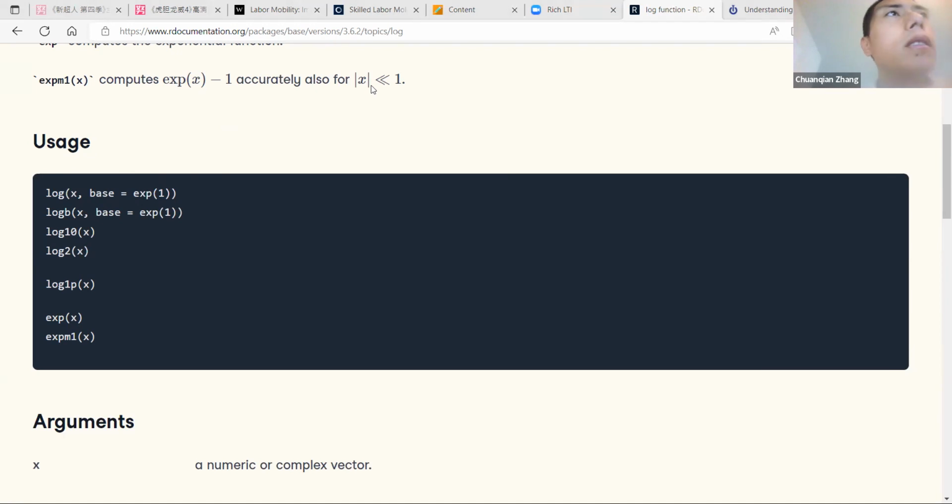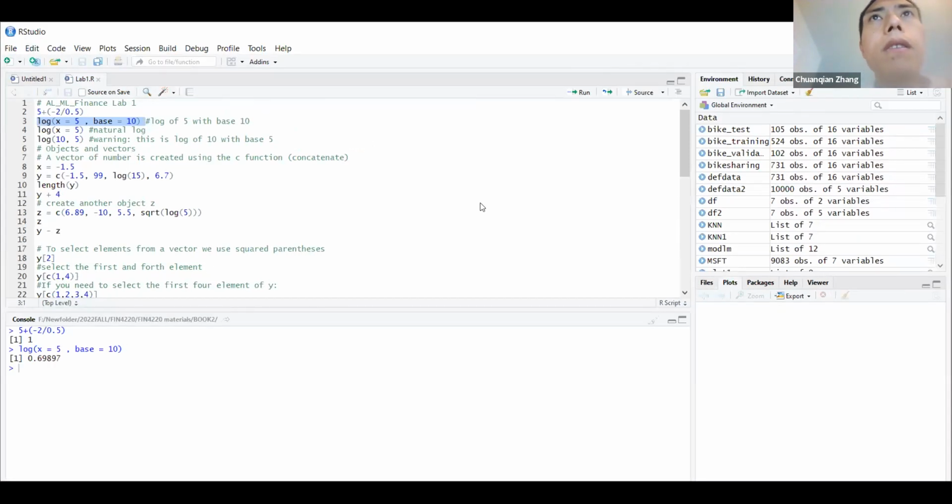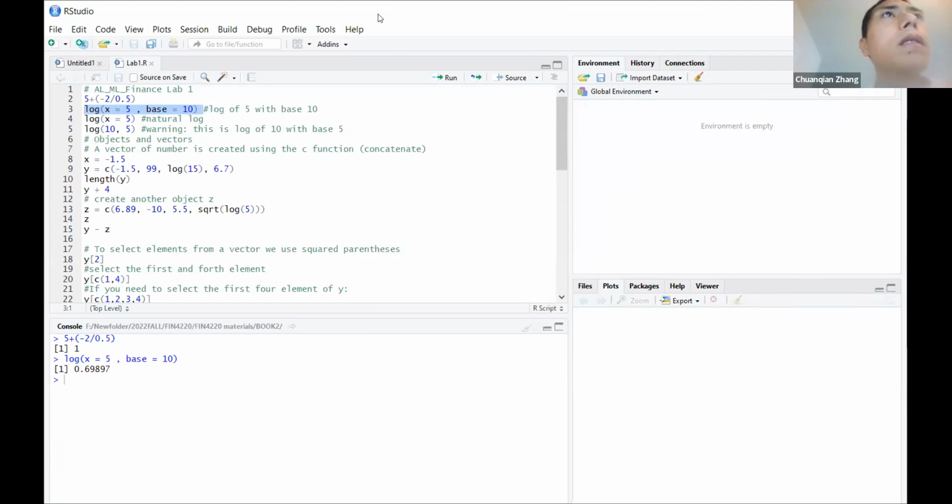And of course you can run this, and it is easy and gives you results. Usually if you didn't specify the base, it automatically assumes natural log. So there are totally different results. And for finance, usually people will use the natural log. You can say natural log basically means ln 5, right? ln is directly natural log. So for example, if you run this,